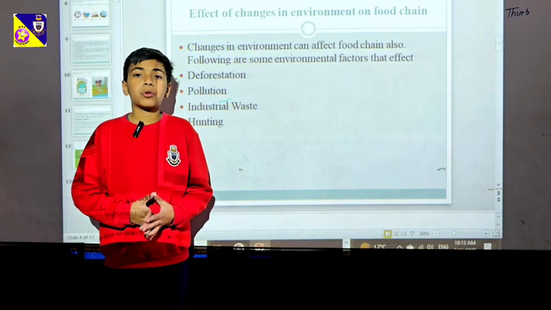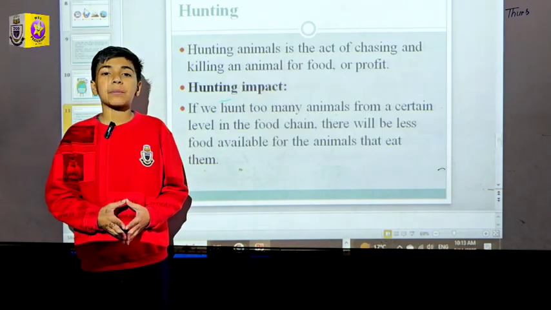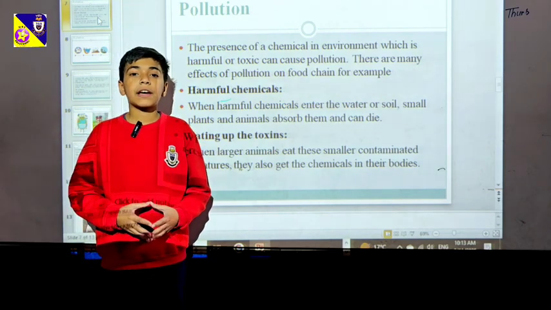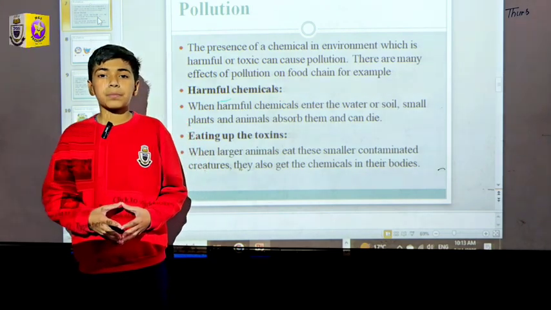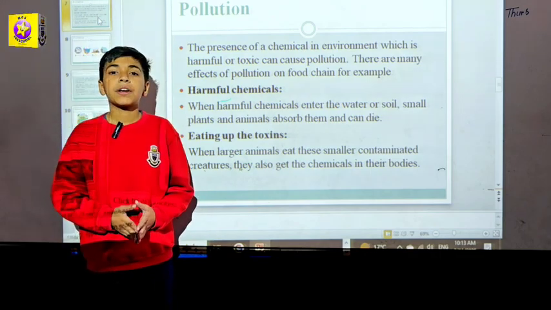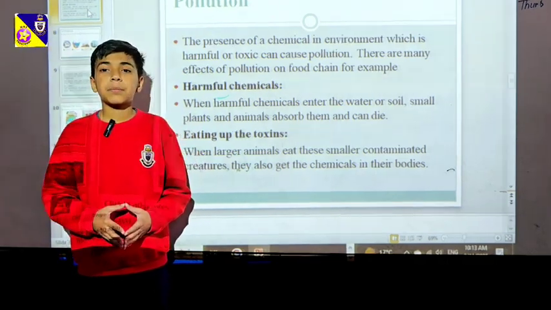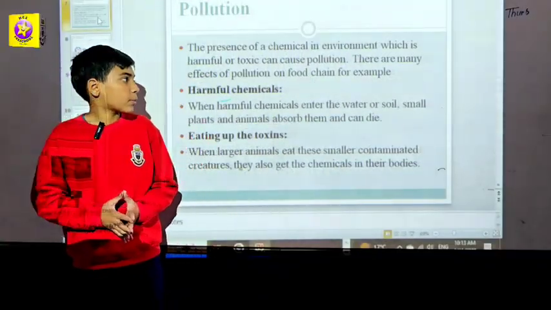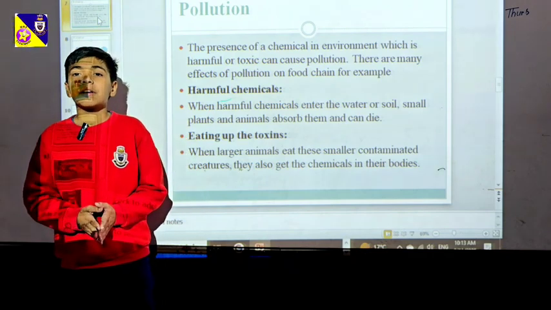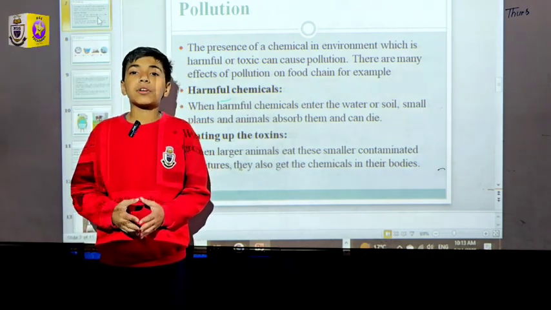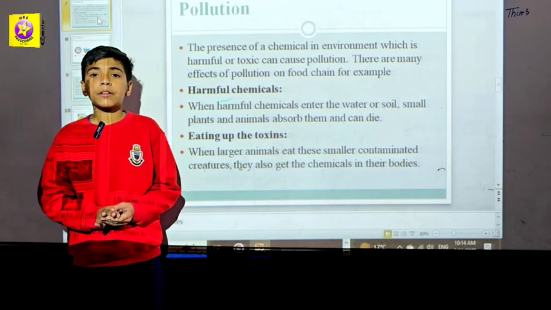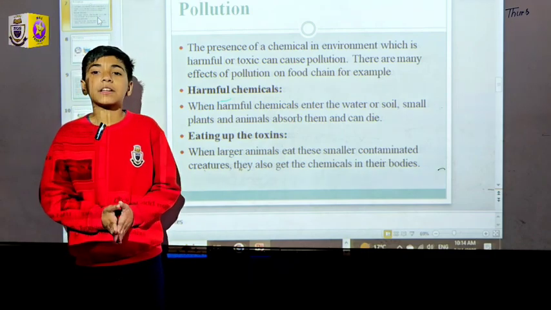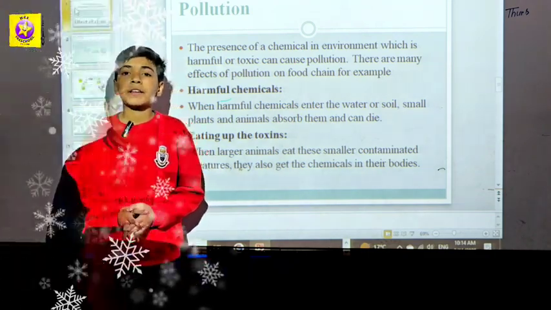Also, pollution. The presence of a chemical which is harmful or toxic can cause pollution. There are many effects of pollution on the food chain. For example, harmful chemicals. When harmful chemicals enter the water or soil they can